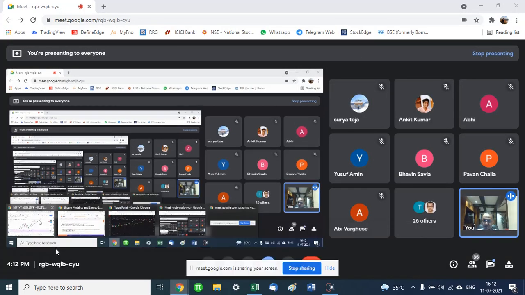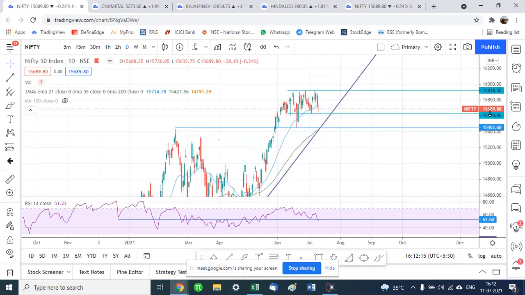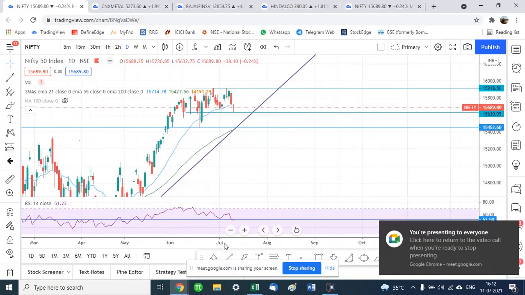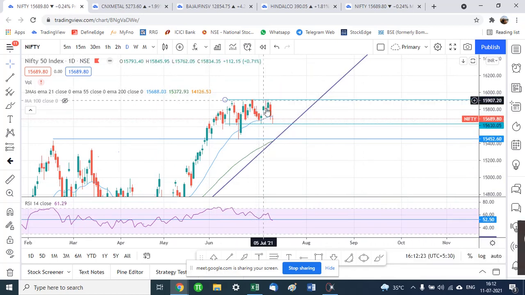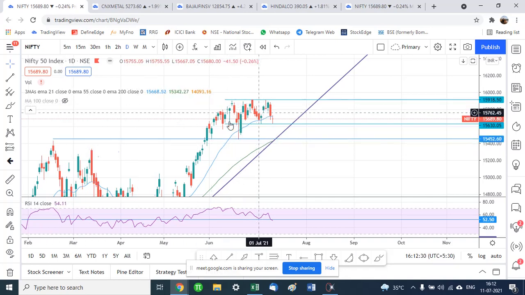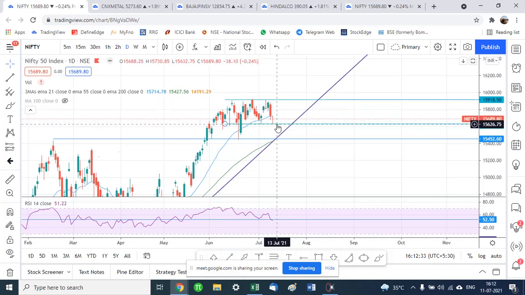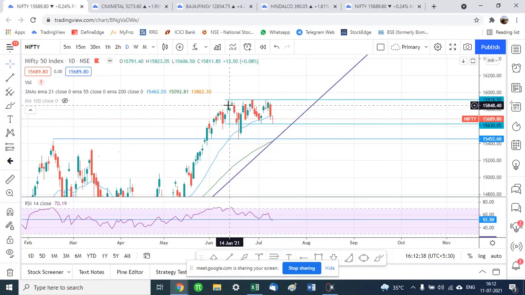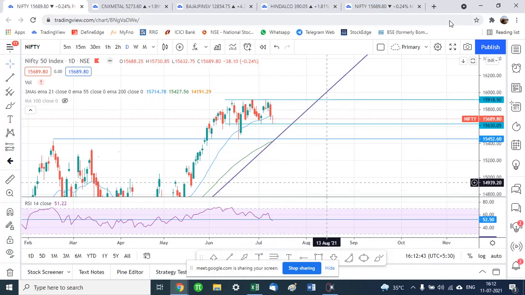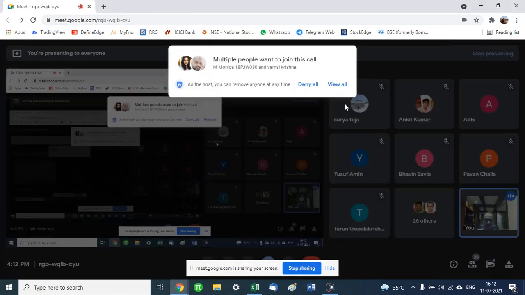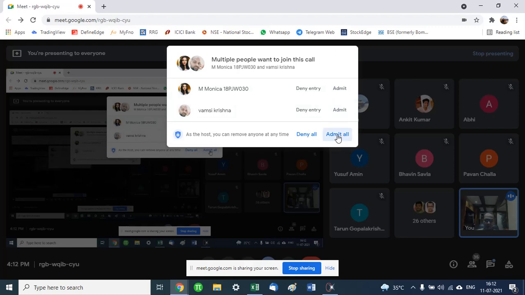Which we can also see from the candlestick chart that we have literally been in a range for the last 1 month. You see these two light blue lines, we are basically traversing between them more or less, and this being the lowest extreme that we have. So this is the ultimate support of 15450, but more or less we are between this range of where we are presently, and at the top end 15,900 we have touched almost 3 times and reversed from there sharply. So this is a major resistance now. Whenever this is taken out, we can see a sharp move on the upside.